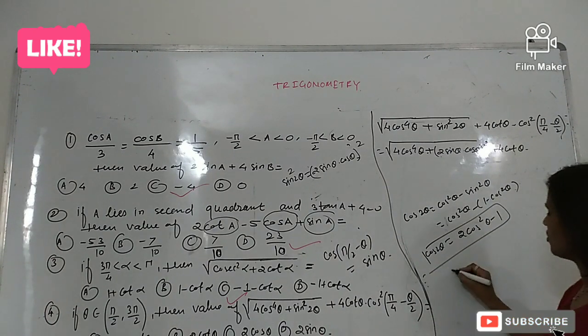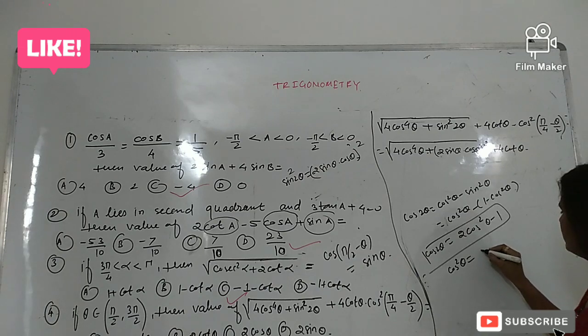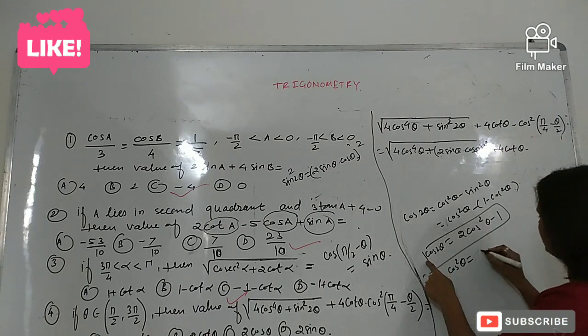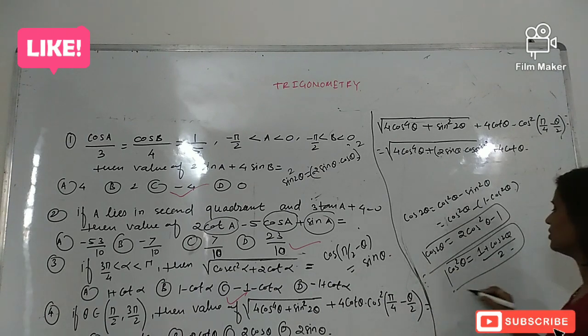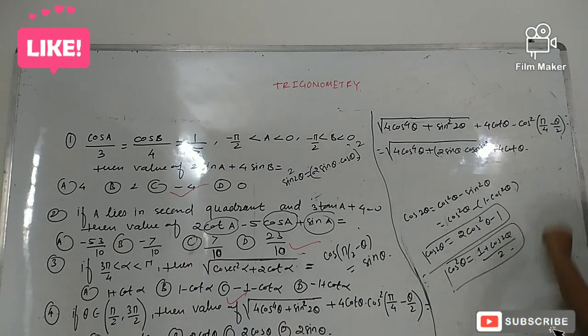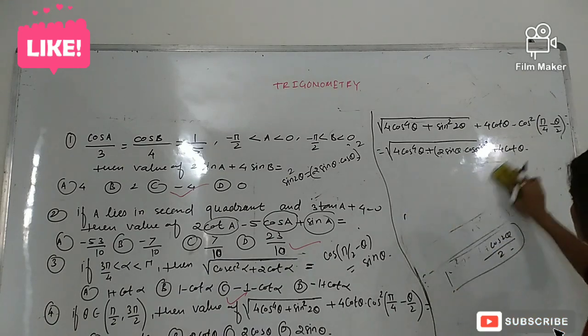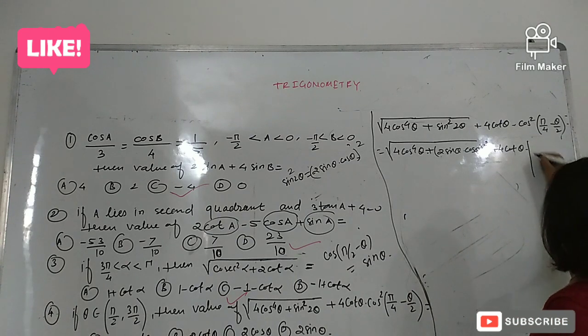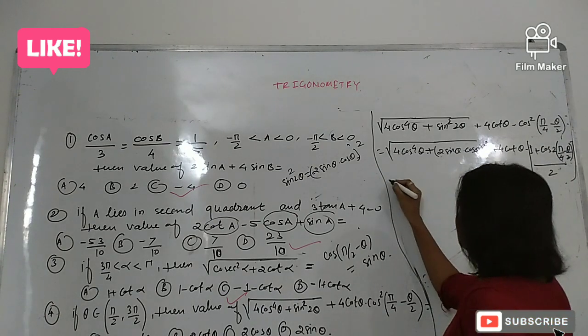So what is the formula for cos square theta? cos square theta is equal to cos 2 theta plus 1 divided by 2, if I shift this minus 1 toward the LHS, so we get 1 plus cos 2 theta, divided by 2. So this is the formula for cos square theta which I am using here. So cos square theta means it is 1 plus cos 2 theta, where our theta is pi by 4 minus theta by 2, divided by 2. So just complete the calculation.